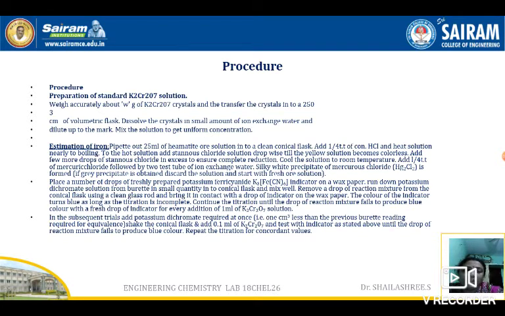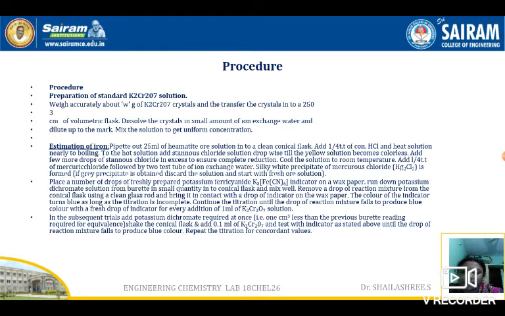To the hot solution, we are adding stannous chloride solution dropwise, and it will become colorless. The colorless solution means the ferric ions are reduced to ferrous form. After it becomes completely colorless, we should add 1 drop extra to ensure complete reduction. Then we have to cool the solution. To the cooled solution, we should add a quarter test tube of mercury chloride. When we add mercury chloride, we are supposed to get a silky white precipitate. If we get anything other than a silky white precipitate, we have to discard the mixture and start the experiment from the beginning.